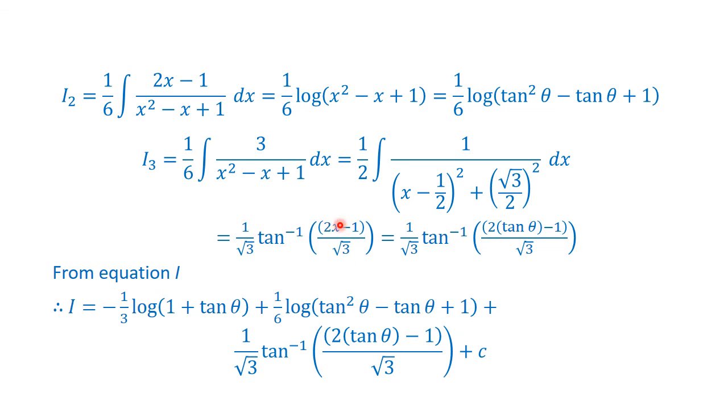Okay, but what is our x? Tan theta. So 1 by root 3 tan inverse of 2 tan theta minus 1 by root 3. Now in this way we obtain I3 also. So substituting I1, I2, I3 in I, we have this required answer. Okay, see it, I is equal to minus 1 by 3 log of 1 plus tan theta plus 1 by 6 log of tan square theta minus tan theta plus 1 plus 1 by root 3 tan inverse of 2 tan theta minus 1 by root 3 plus